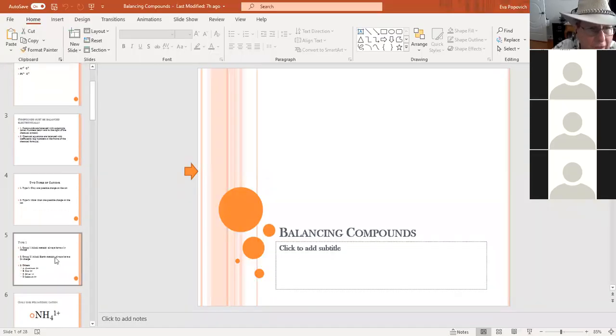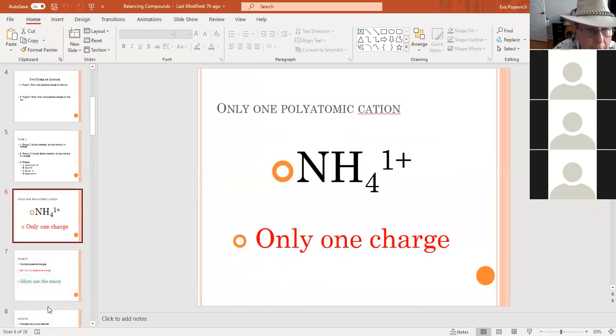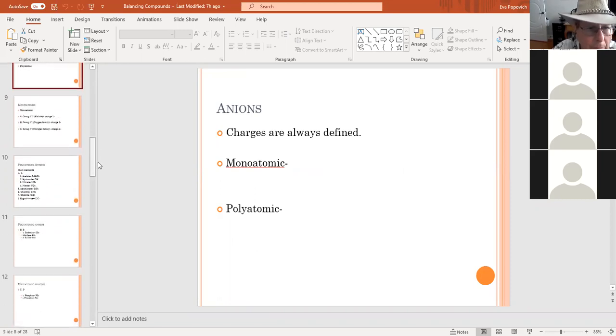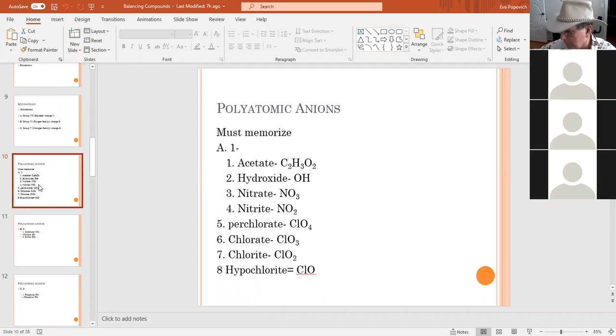Was I into compound balancing? Yes. Yeah, balancing compounds. Okay, let's try and start with that then. The last thing I wrote down was some polyatomic ions. Okay, I got that far, huh? Wow. So there were these guys, right? Yep. Okay, so,